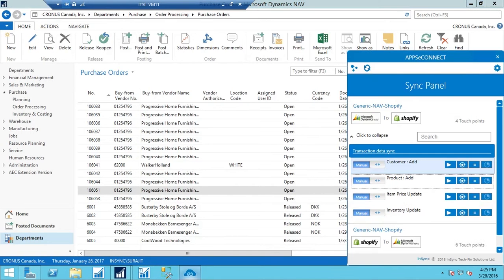Okay, so now I need to run the inventory update process, and as I mentioned previously, all our synchronization processes have got both the modes, manual and automatic. So in case you have the inventory update or any of the other processes set into the automatic mode, after a uniform period of time it will just run and keep the platforms updated. So in case this process is set into the automatic mode, and if there is any updation in the inventory or stock in Navision, the value would also be reflected in your Shopify store.